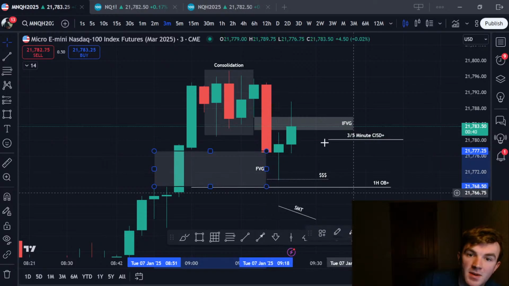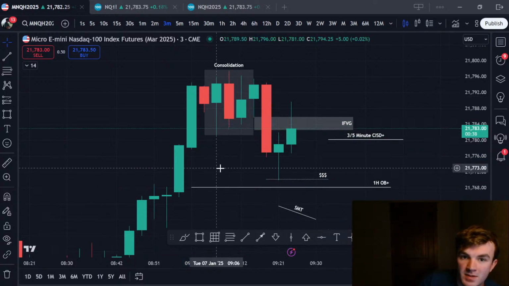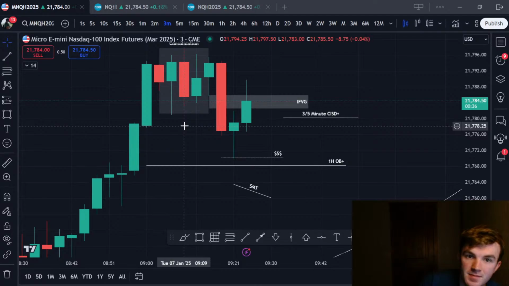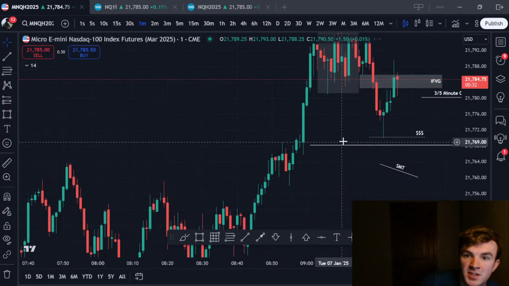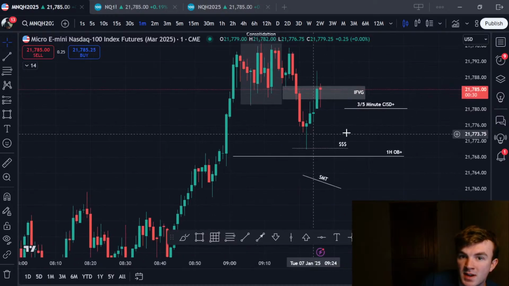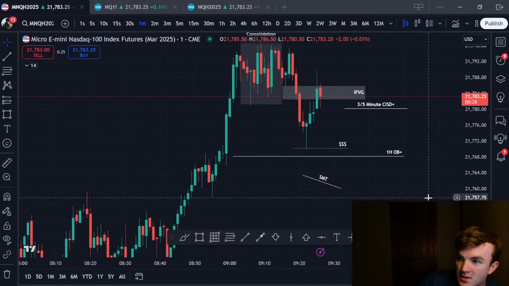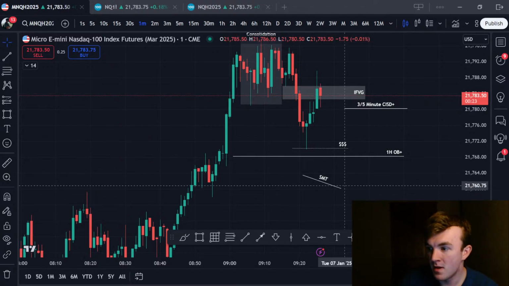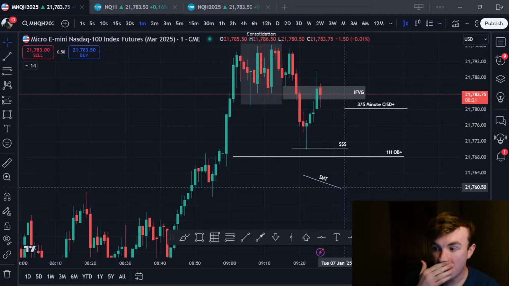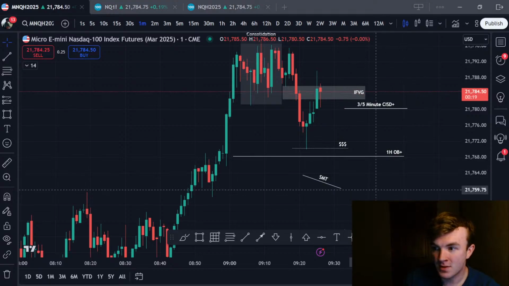But ideally, I want to see a higher time frame model framed. I'm not gonna rush it. I'm just gonna be patient. I still think we could go sweep this low again. And we do have news coming out in 35 minutes, so